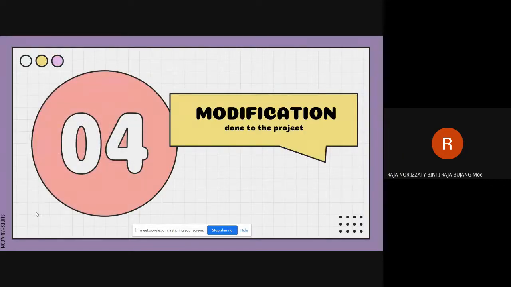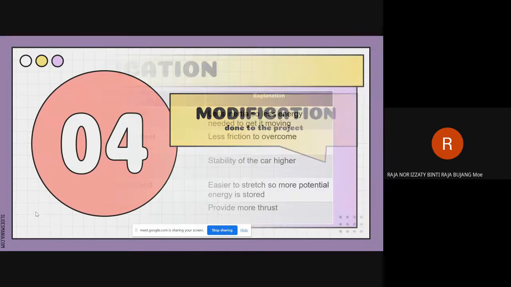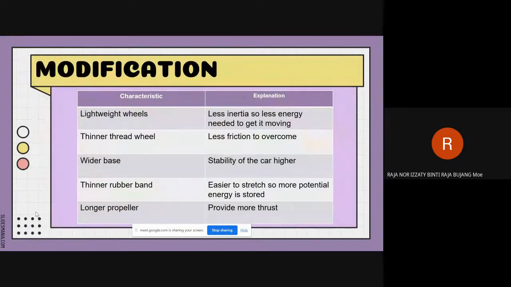So, the modification done to the project. This modification is to keep the propeller car moving in a more efficient motion. The modification is lightweight wheels, so less inertia, less energy needed to get it moving. Thinner tread wheel,